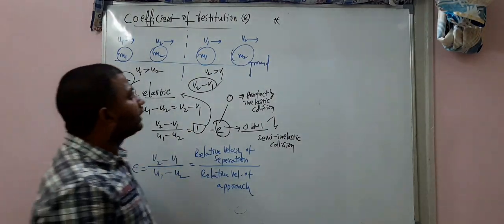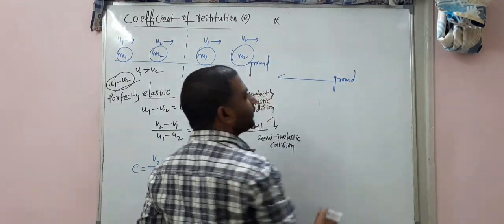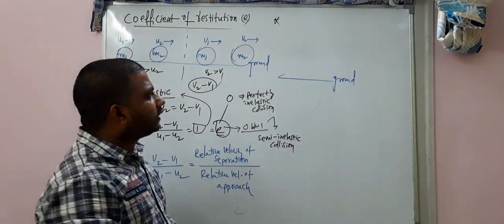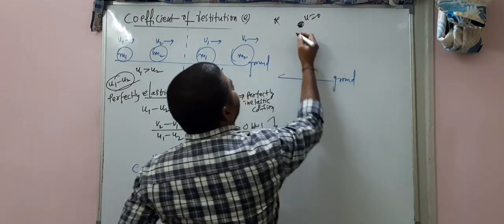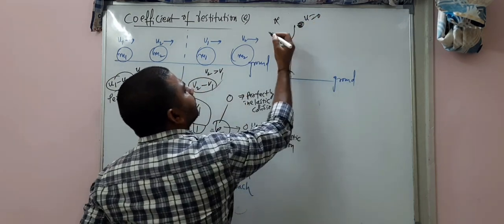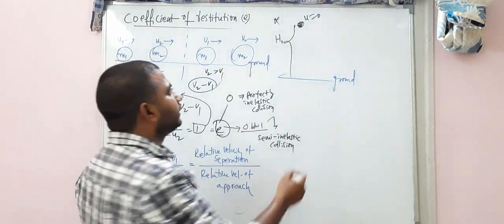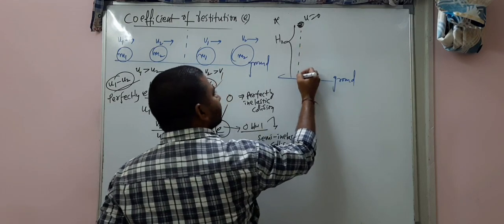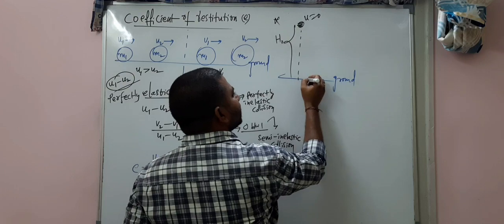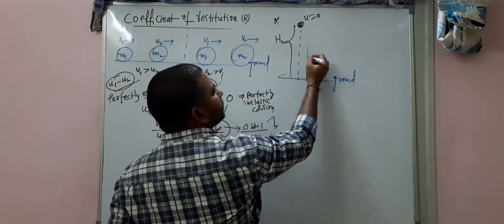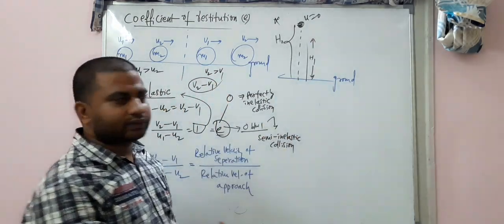In this case, what is happening is, so this is the ground, my dear students. From here, there is a ball which is dropped. This is the ball which is dropped from a height h naught. So this h naught is the initial height. After that, the ball will definitely rebound to some height. That is called h1. What is this h1? The rebouncing height. I am writing the same.